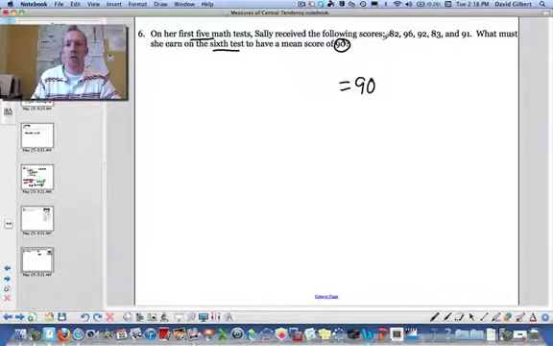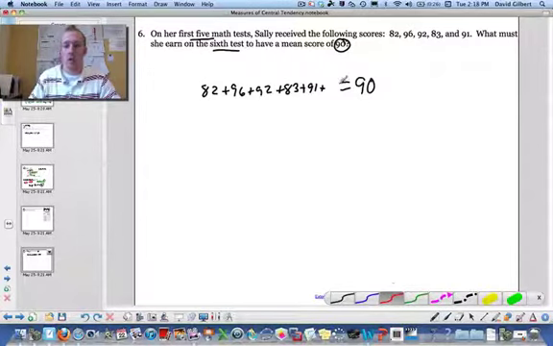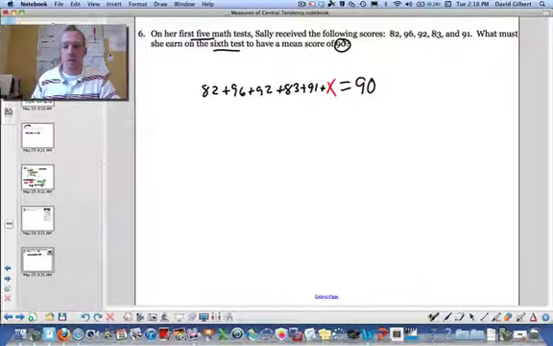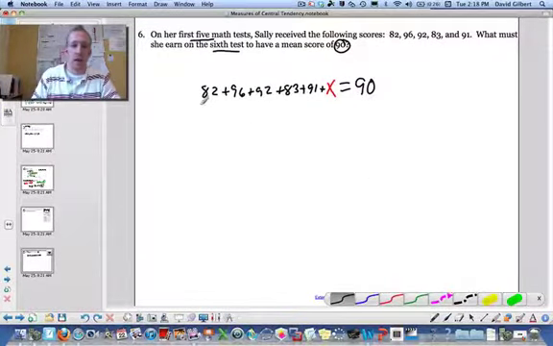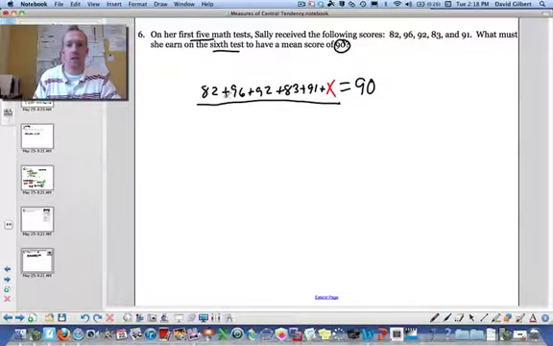How do we get our average? Well, we add up all the numbers. So 82 plus 96 plus 92 plus 83 plus 91 plus what? Well, we don't know what she got on the sixth one. That's what we're trying to figure out. And then what we're going to do is, how many do we divide by? Well, it's 6 tests total. So divided by a 6. So now we can add all those numbers together, and that gives us 444 plus x over 6 equals